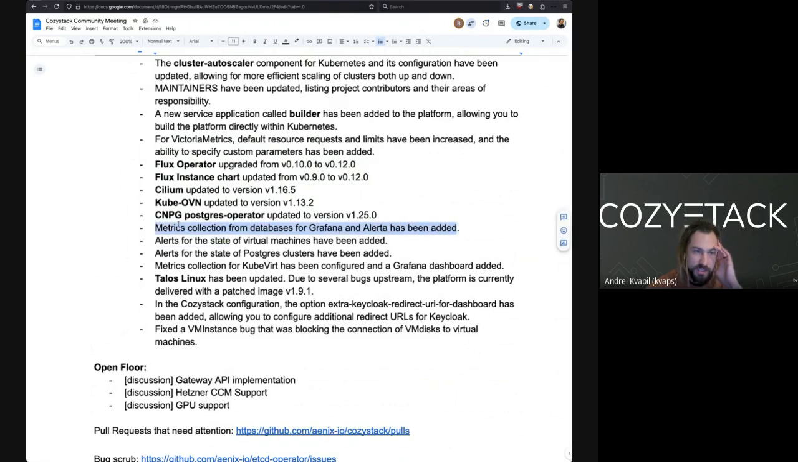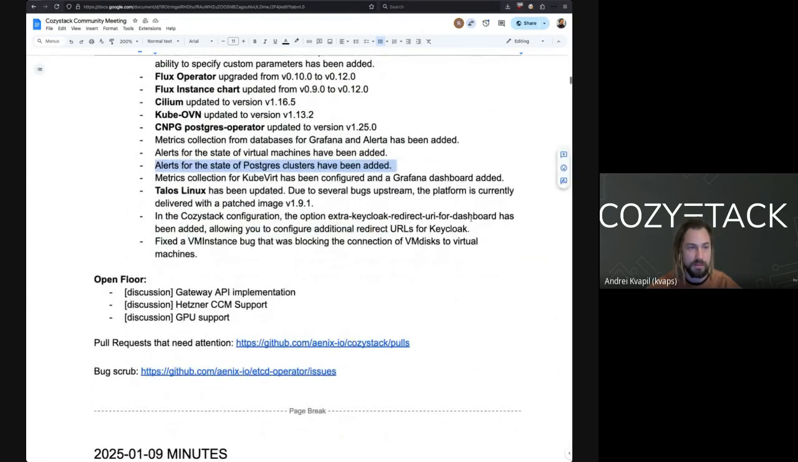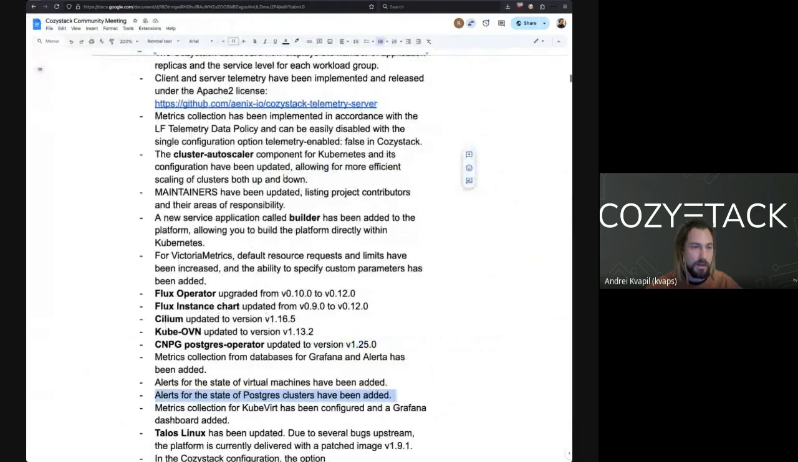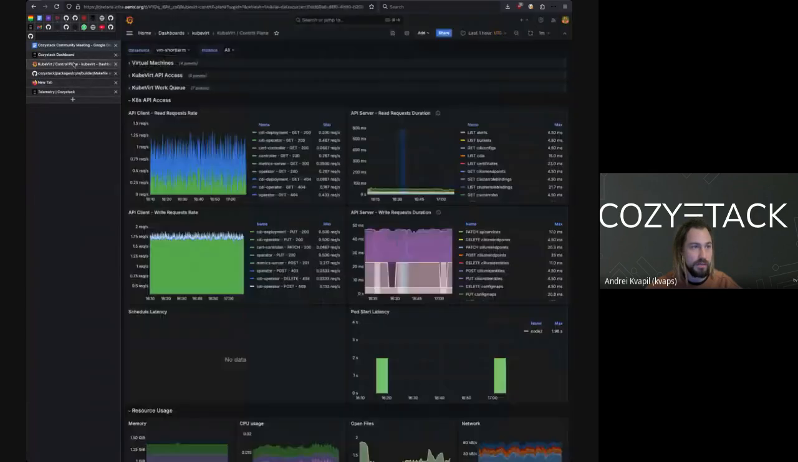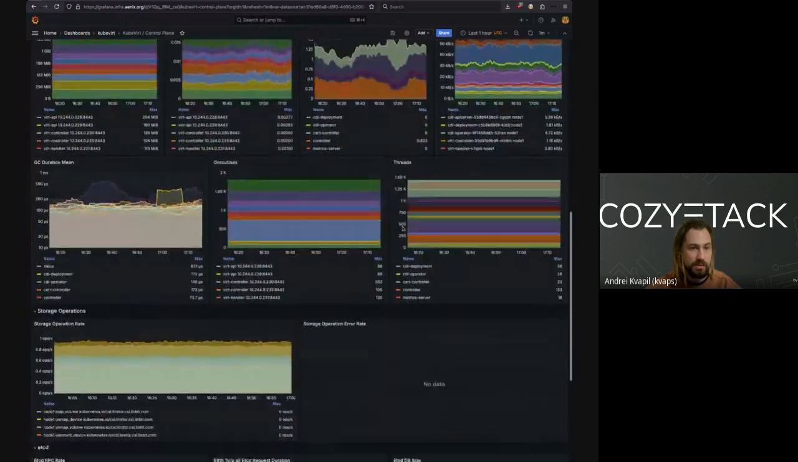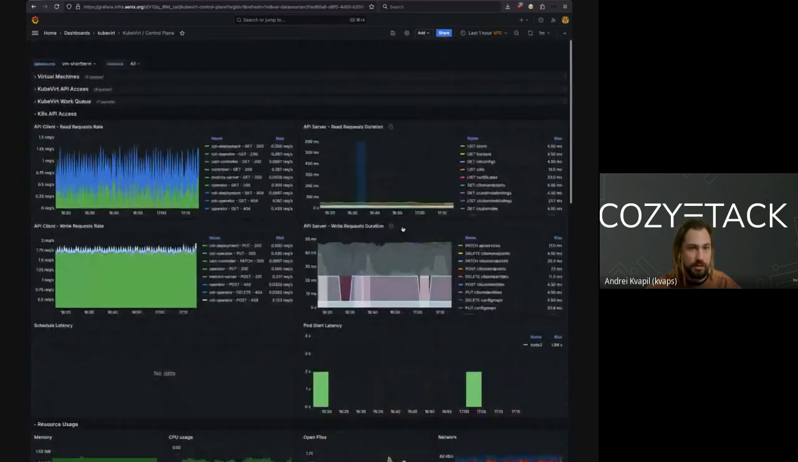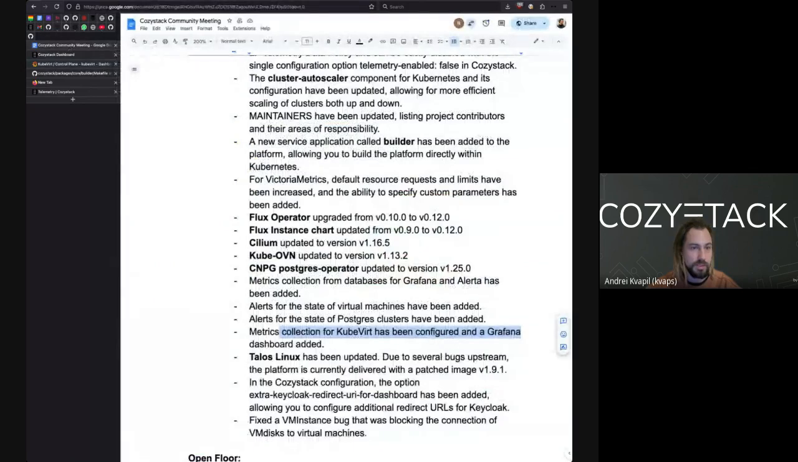We enabled metrics collection from databases in Grafana and Alerta, and added alerts for virtual machines. So if a virtual machine can't start, you will have an alert about that. And also alerts about Postgres clusters. We started collecting metrics from KubeVirt. Now we have this amazing dashboard, which shows KubeVirt status. Now it is also shipped together with the